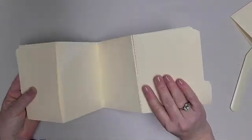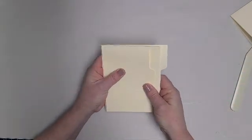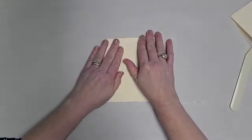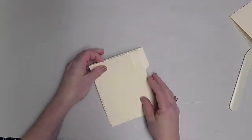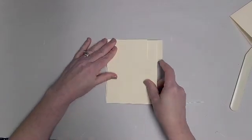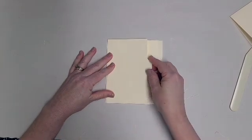So now I've got my file folder, and now I need to figure out how I want my folder to go together, and I think I like the kind of waterfall that you get when it's like this. So and then here